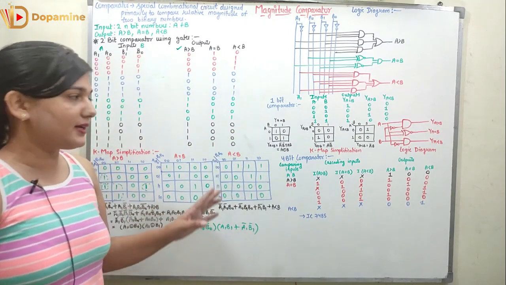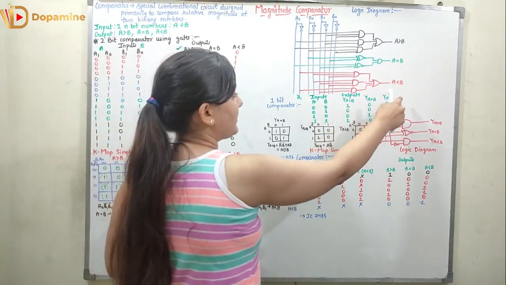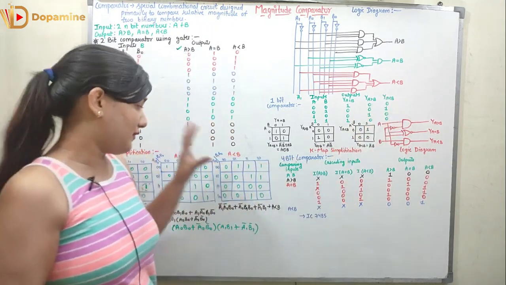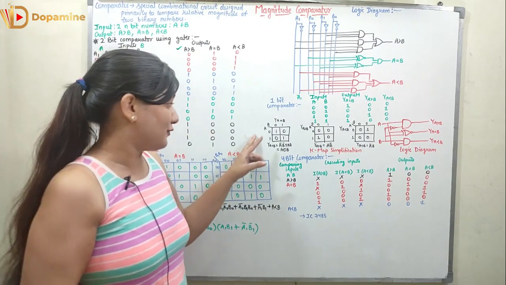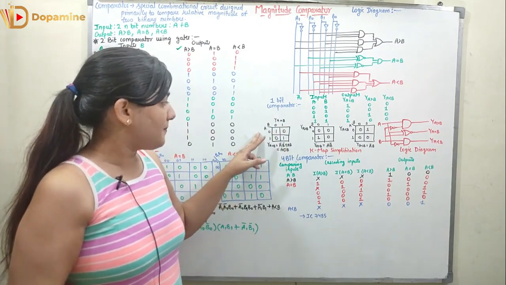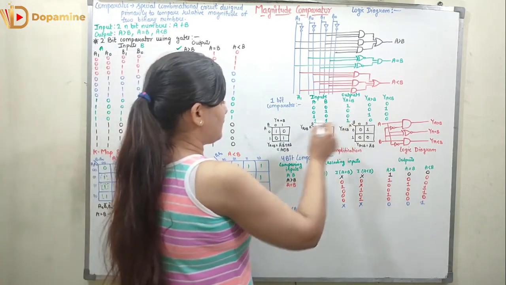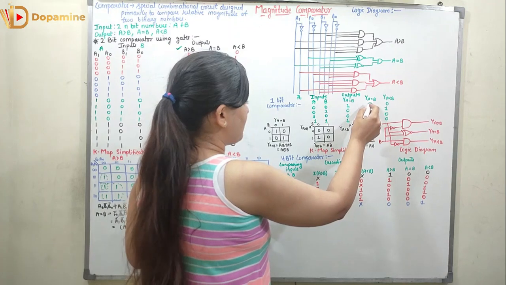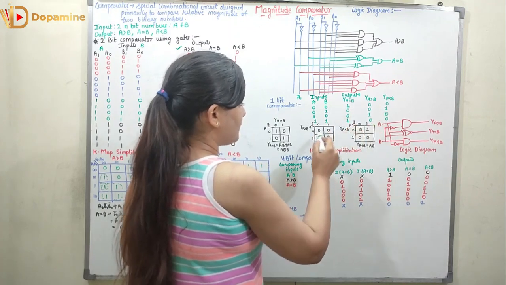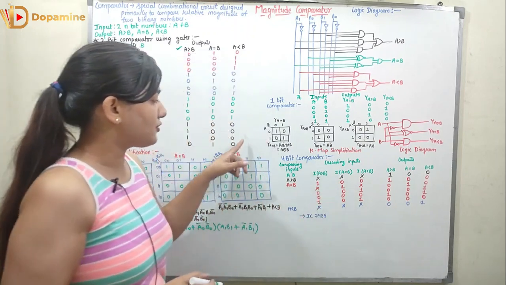So we are going to make the K map for all of them. For Y, A is equal to B, for Y, A greater than B, for Y, A less than B. So if you have understood the previous case, this is like a very basic case for you. So Y, A is equal to B means over here we are going to put the values 1, 0, 0, 1. Here for A greater than B, we are going to put 0, 0, 1, 0. And for A less than B, 0, 1, 0, 0. Right, so now we are going to simplify it.